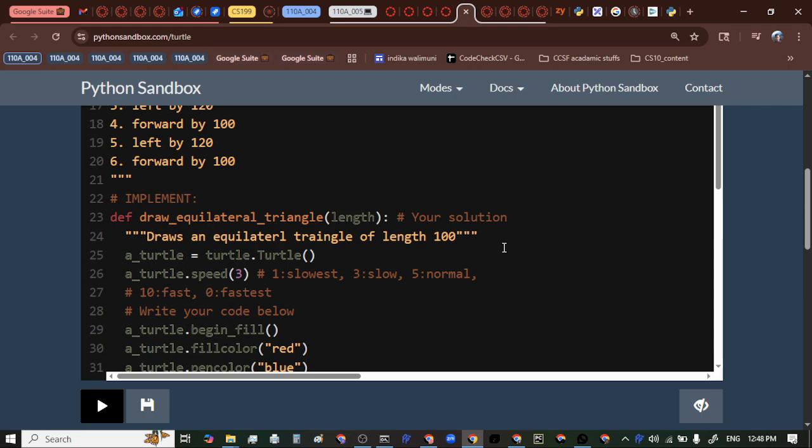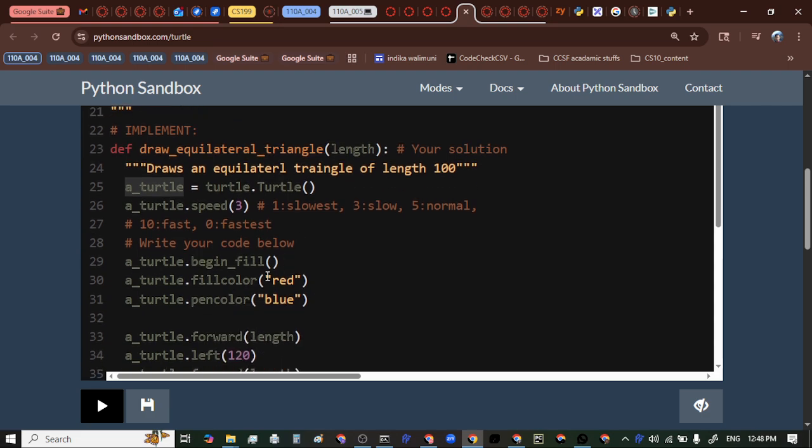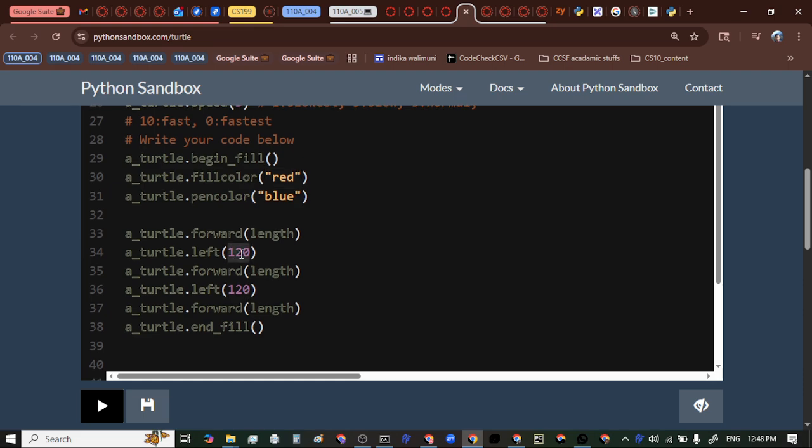Yeah, you're right. So basically this is a special kind of function call. We are basically creating a turtle, this whole thing is an expression. Okay, but there are more obvious ones, right? We said a variable name itself is an expression. A value itself is an expression, right? So a under turtle is an expression. This red is an expression. A value itself is an expression in Python. And then this value 120 is also an expression. This length is an expression. There are a lot of expressions in this code. They are all expressions. So I'm going to say length